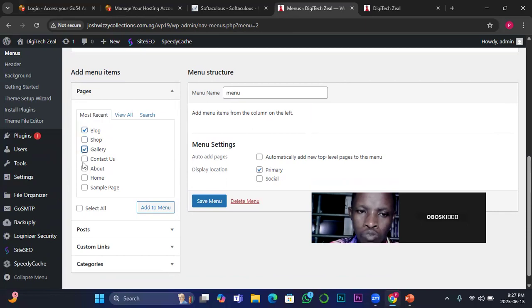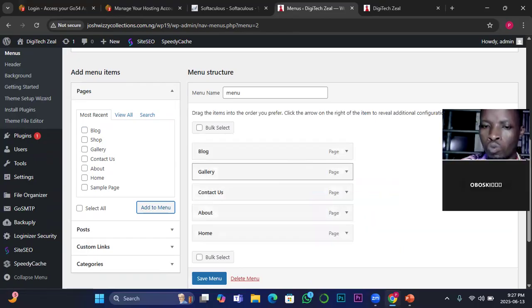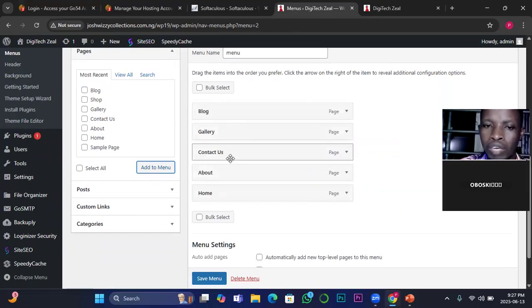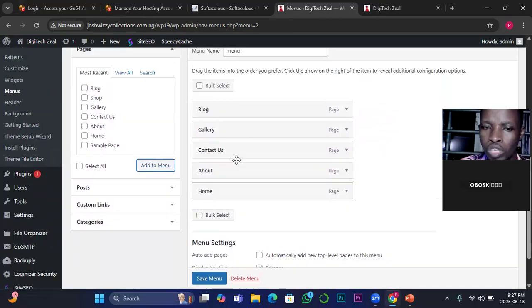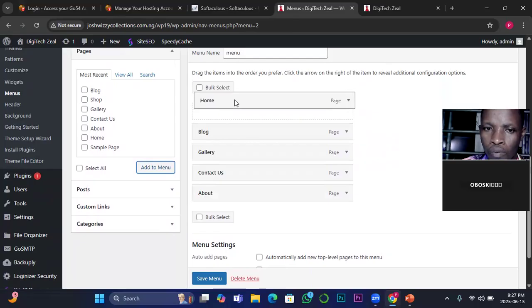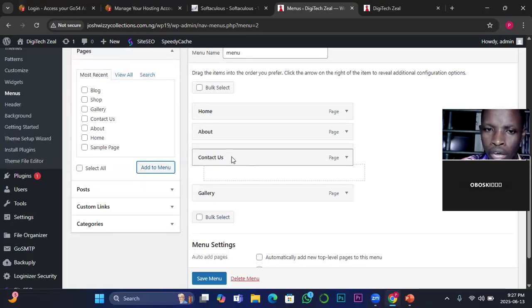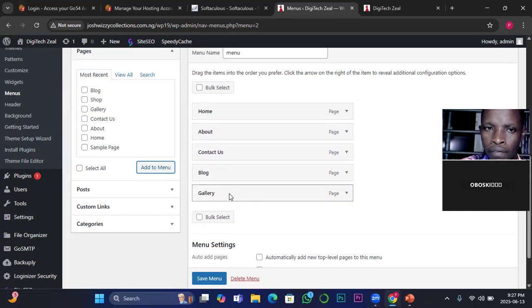All these ones, they are to display. I'm assigning them, so I don't need this one. Then you click on add to menu. Then they will now be displaying here. Once you are able to get them displayed here, you can now change the order. So how do you change the order? You click on this one here, then take it off. Let it be the first one. You are taking note of the grid. Then I want it to be followed by about, so I'll take it up. I want it to be followed by contact. I'll take it up. I want it to be followed by